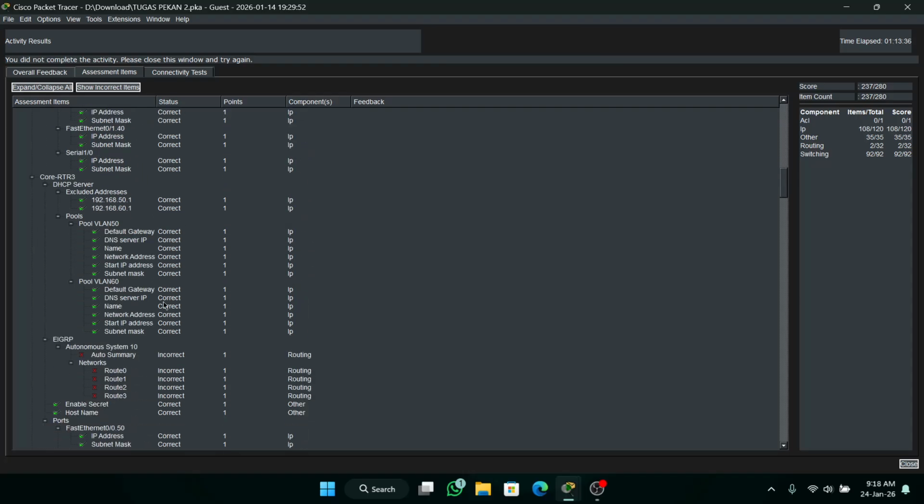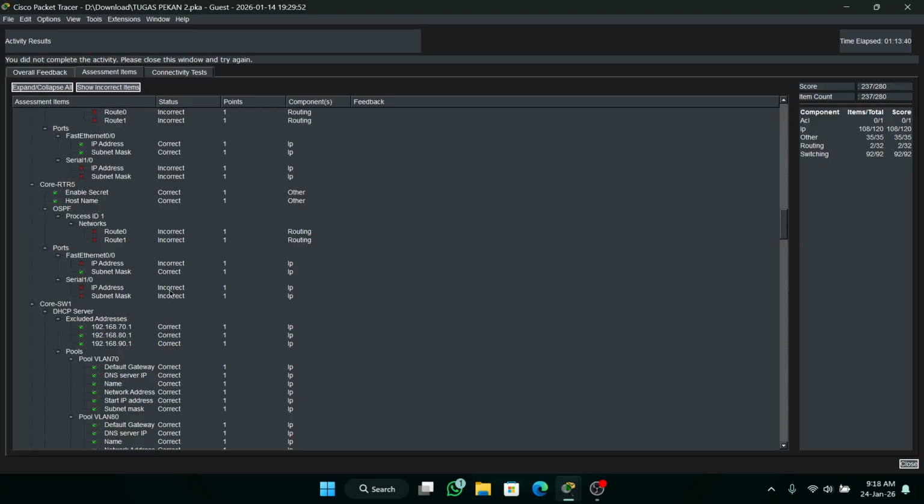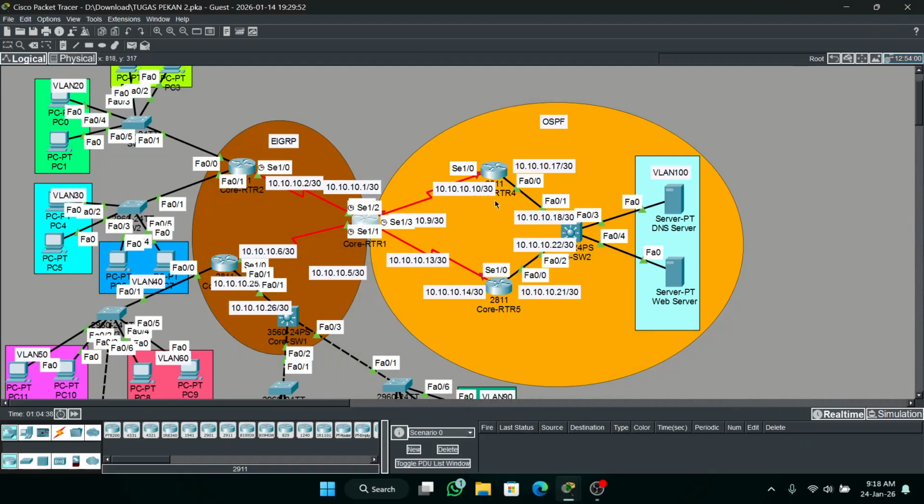Just RIP, simple, and no OSPF. RTR4, RTR5. Perfect.